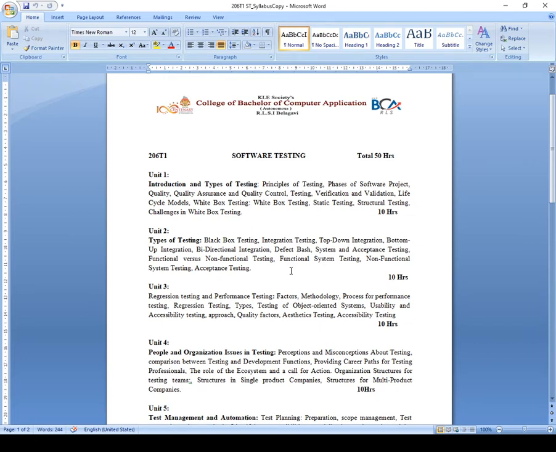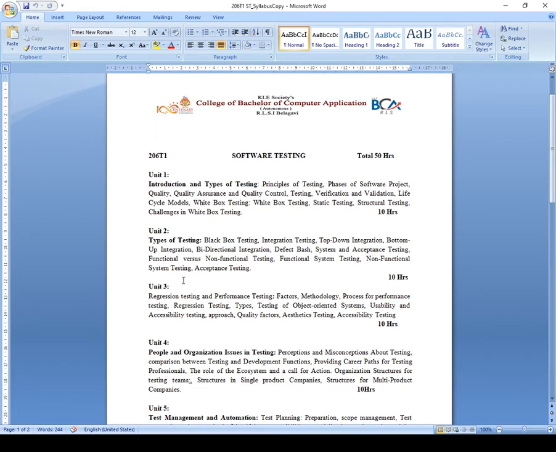Usually these two are the main categories of testing: you will be doing functional testing or else non-functional testing. Under non-functional testing you have reliability testing, compatibility testing and performance testing. All these come under non-functional testing. And you will also learn acceptance testing.